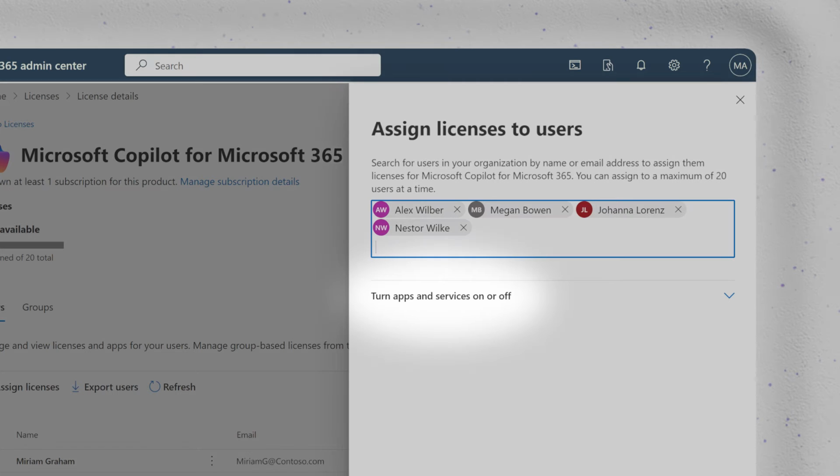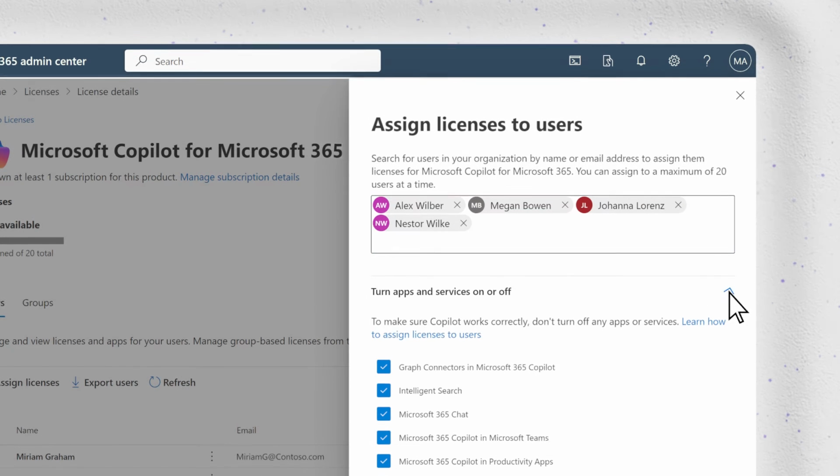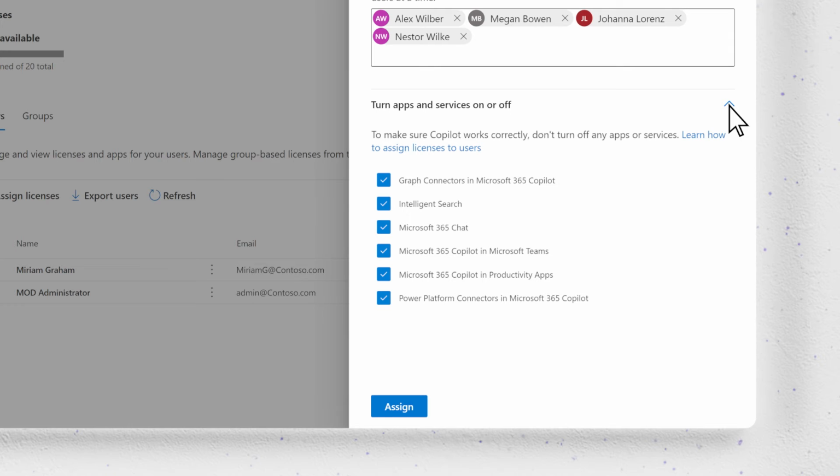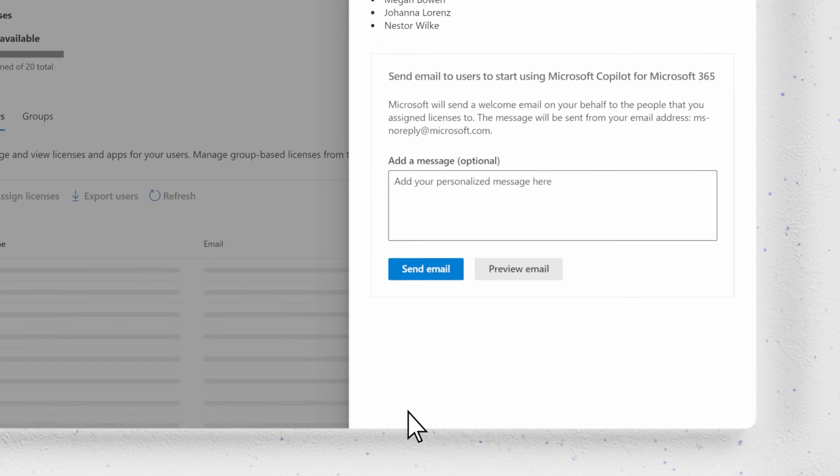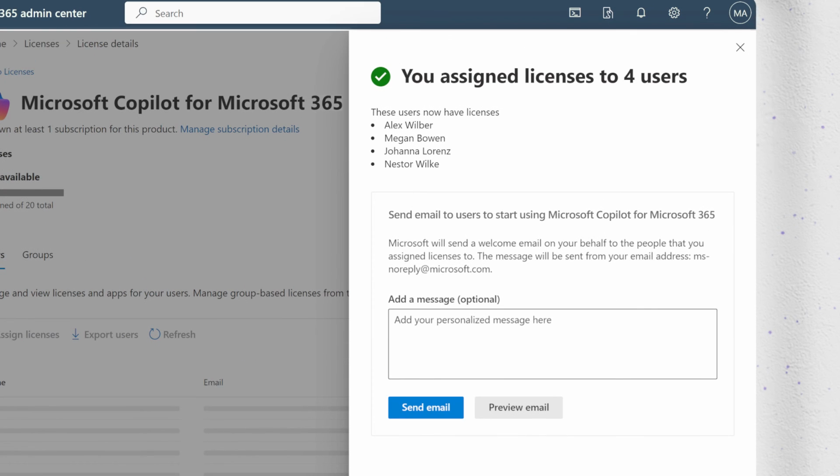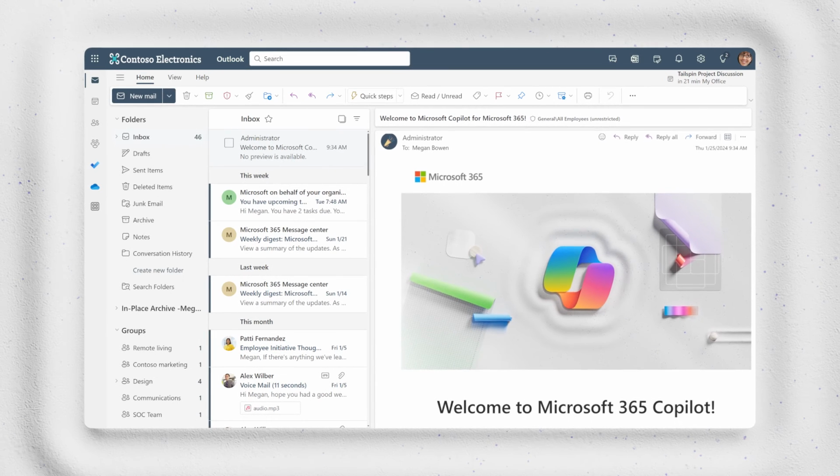Select Turn Apps and Services on or off to assign or remove access to specific items. We recommend leaving all of these selected. Select Assign. Here you can send users a welcome email to help them learn what Copilot can do for them